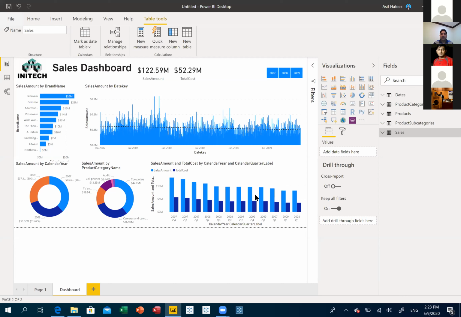92%. Out of 126 votes, 116 said it is true. So Power Query is the tool by which you can create a data model. Attendees are now viewing this poll result. If you have seen the results, and